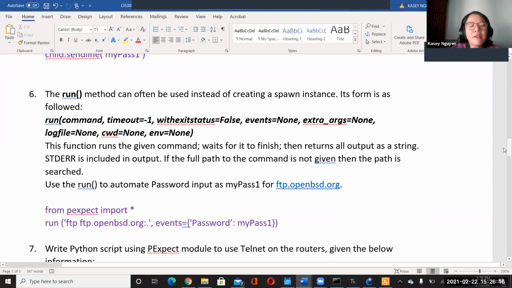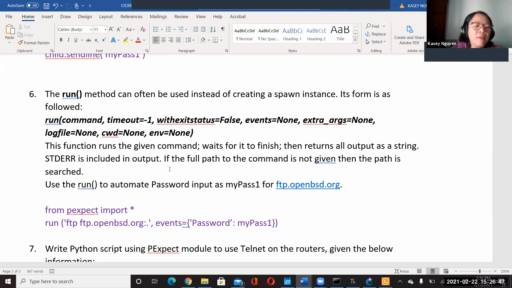Okay. So this function runs a given command, waits for it to finish, and then returns all the output as a string. It's included, so that will be included with the output, the stderr. If the full path of the command is not given, then the path is searched. Use run to automate password input as mypass1 for FTP OpenBSD org.